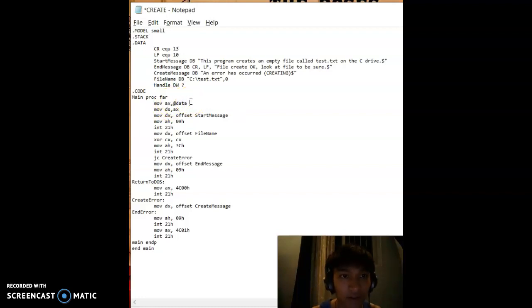and this mov ax, @data sets up DS to be equal, and this one is data seg, to the data segment, and this mov dx, offset filename puts the offset of filename in DX,